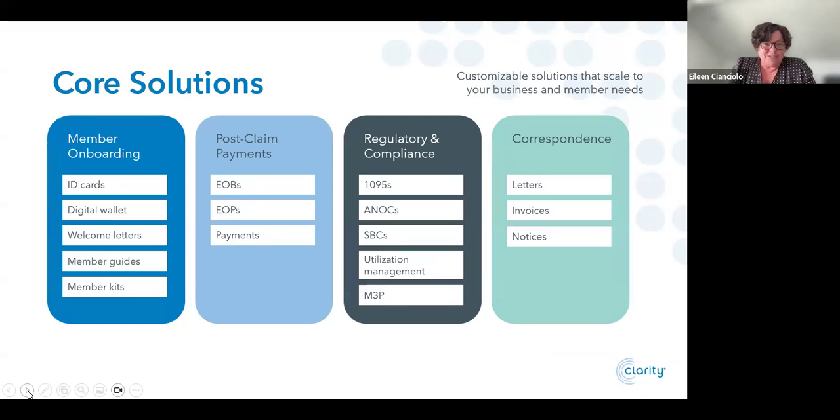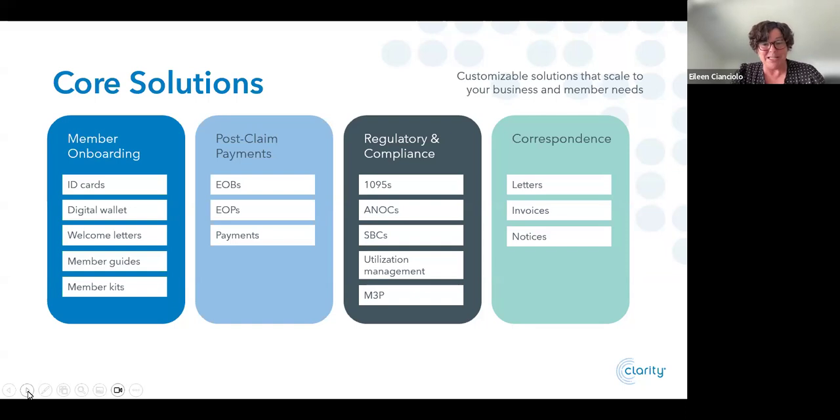So what does Clarity Software Solutions do? What are some of our core solutions? The platform is the foundation of what we offer, with many different solutions on top of it. That starts with member onboarding: ID cards, digital wallets, something new we've just recently launched, welcome letters, member guides, and member kits. From a payment perspective and post claims, we do EOBs, EOPs, as well as checks and payments. From a regulatory perspective, we handle 1095s, your annual notice of changes (ANOCs), SBCs, and utilization management,